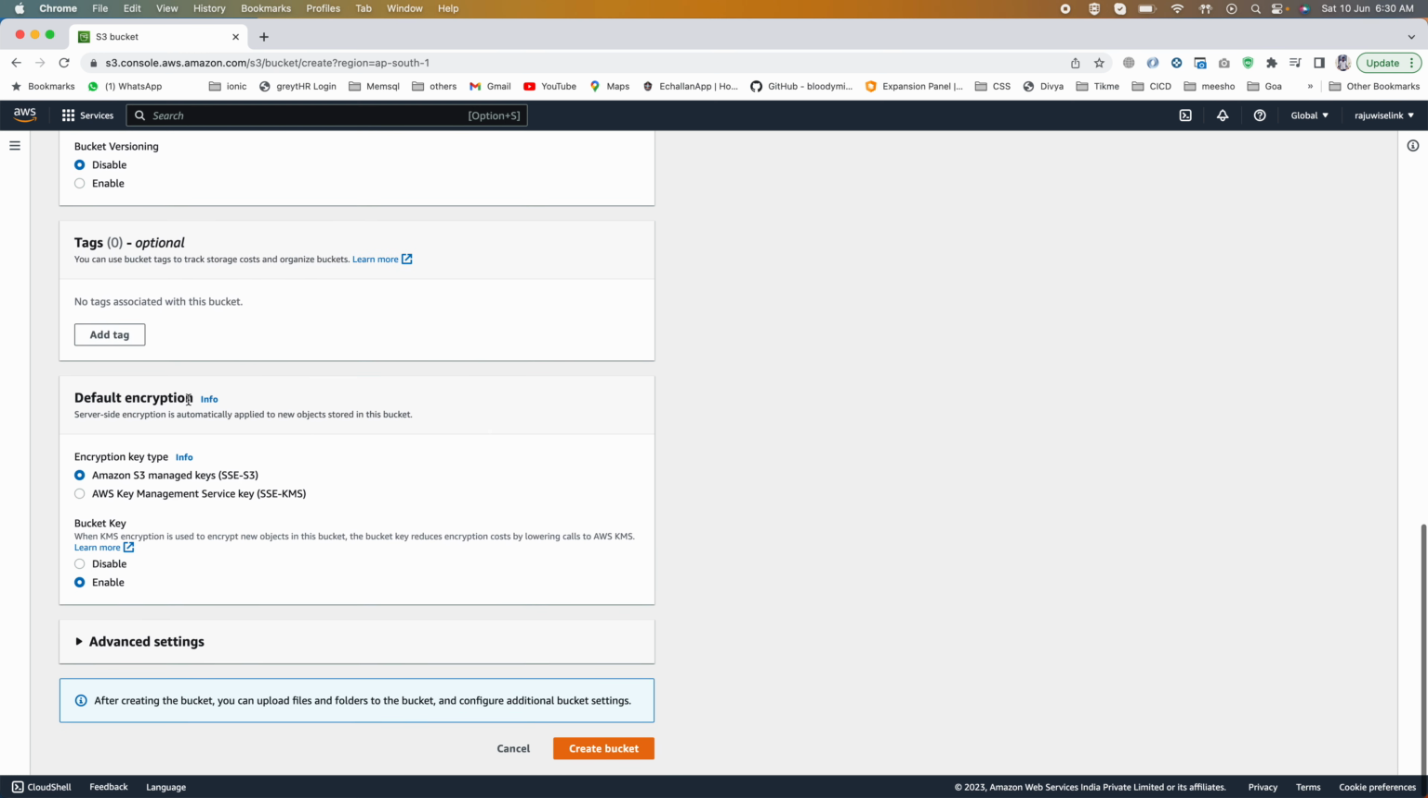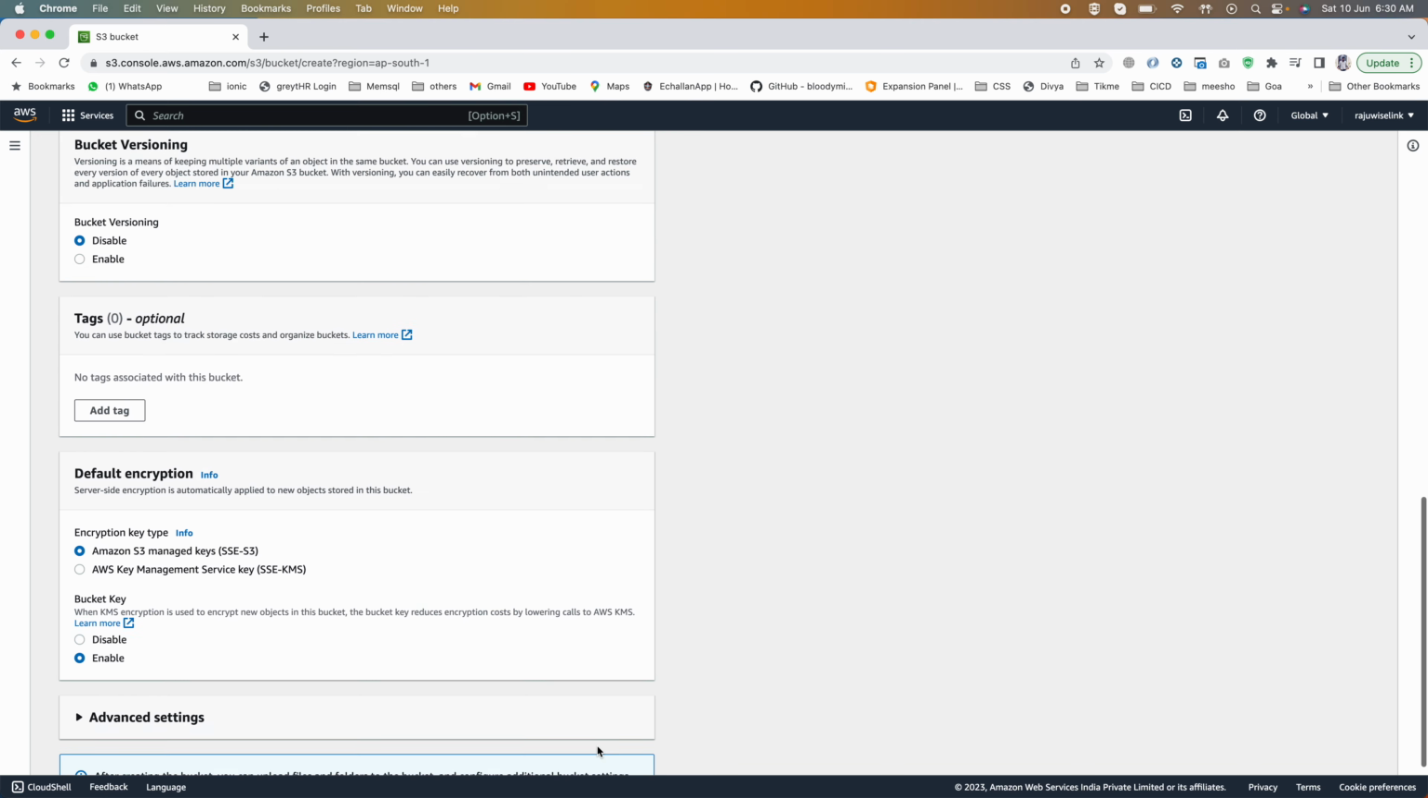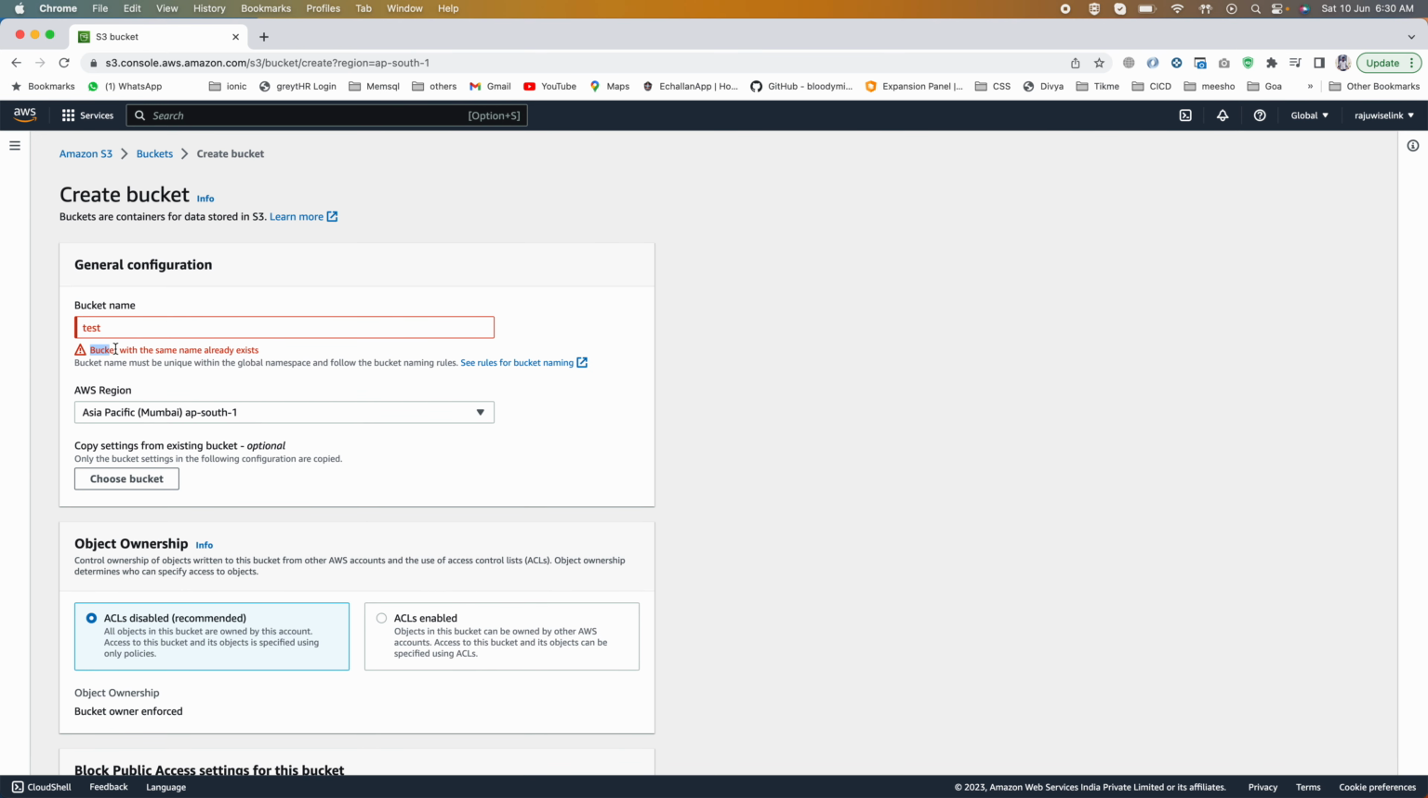and we leave this, and if I click on create bucket, see here, a bucket with the same name already exists. Okay, I haven't created any bucket, but this test bucket is already taken by someone. So now it is not allowing me to create this bucket name. So I'll give something like,